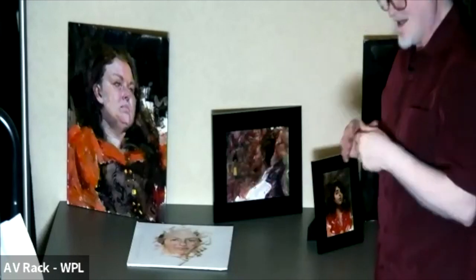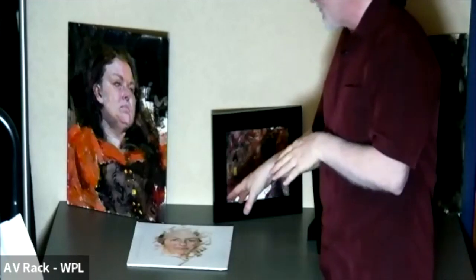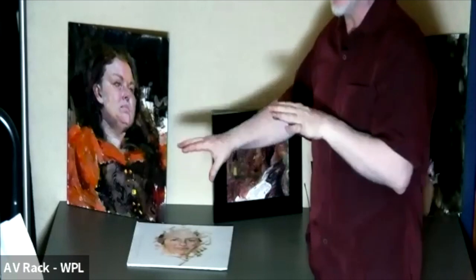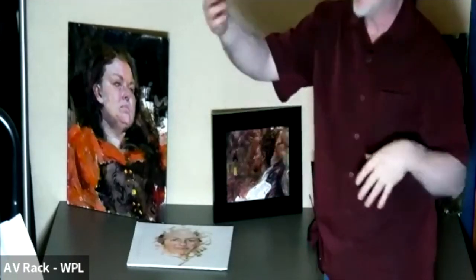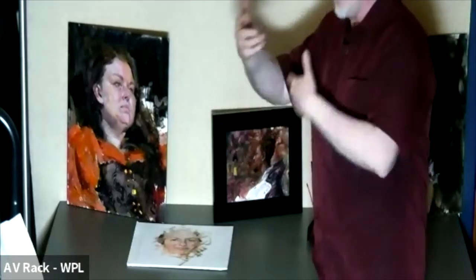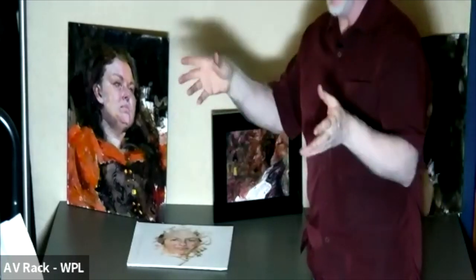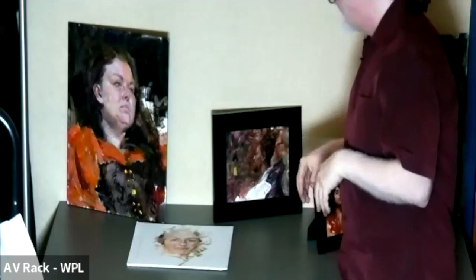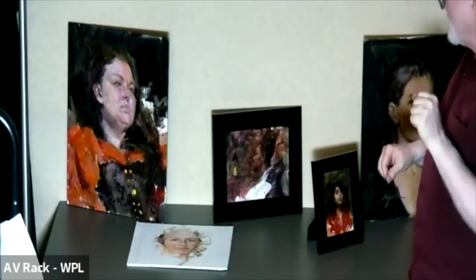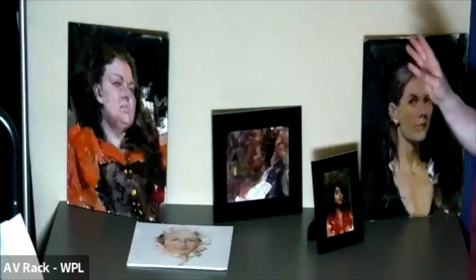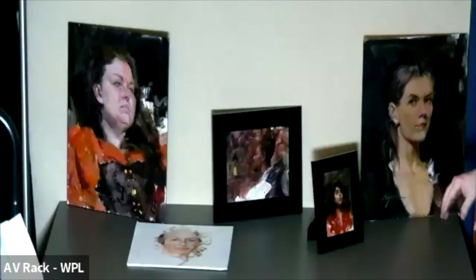So I wanted to bring that one in as an example of direct painting where every brush stroke is just finished. I never go back and correct anything. Whereas what I'm doing here is a development process. I'm blocking in and then kind of refining. Nope, all of these were started just painting right on canvas.